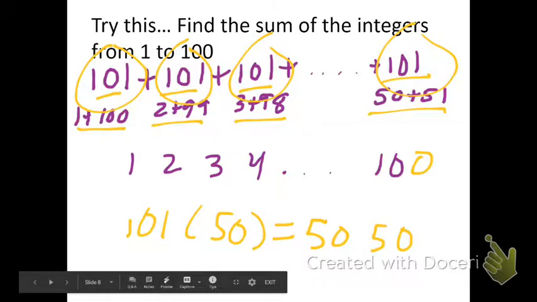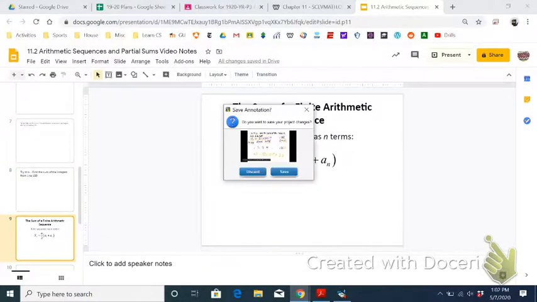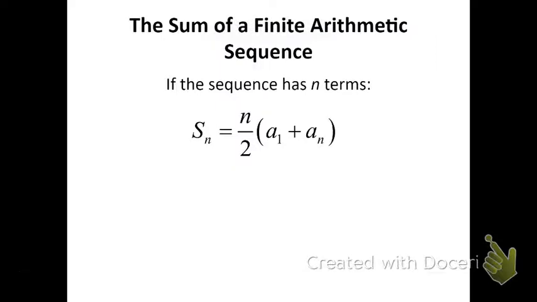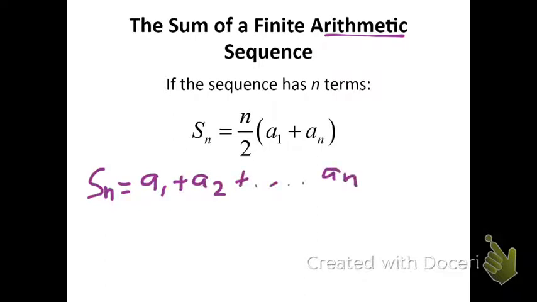Okay, now there's a formula to do that, and it's this right here. You should know the nth term formula, and you should know the sum of an arithmetic sequence formula. This is only for sums of arithmetic sequences. A quick proof of it has to do with the example we just did. Let's say I have the first n integers. I can express it like this. Then if I write the sum again, but I write it backwards like this,